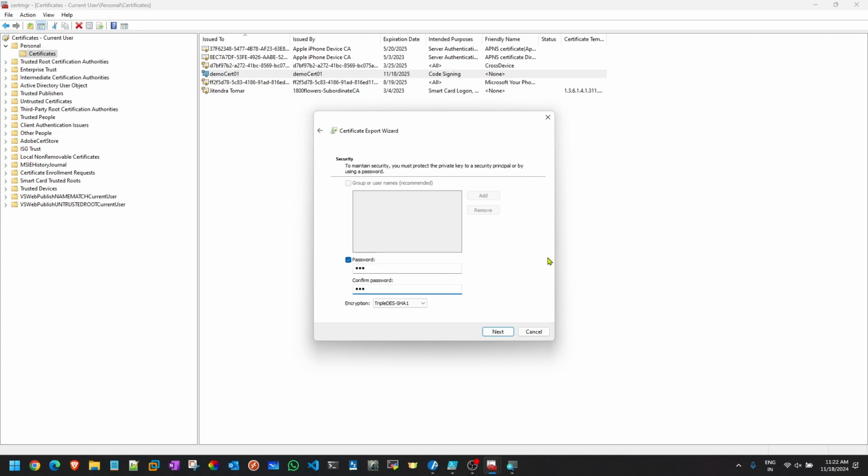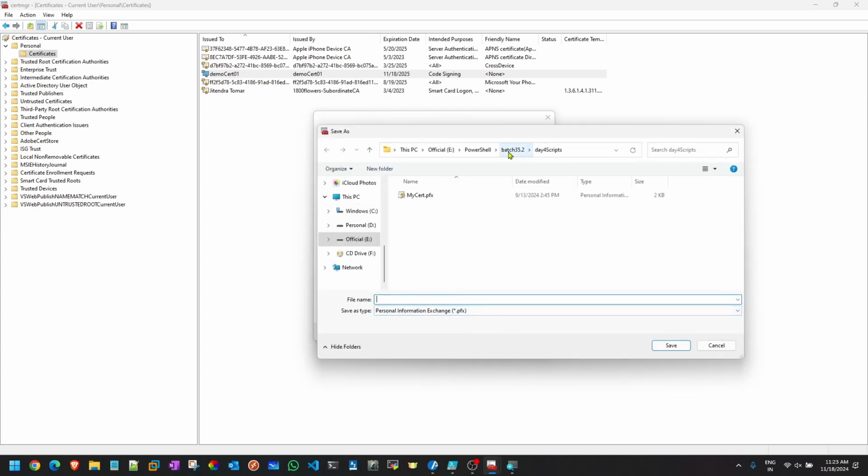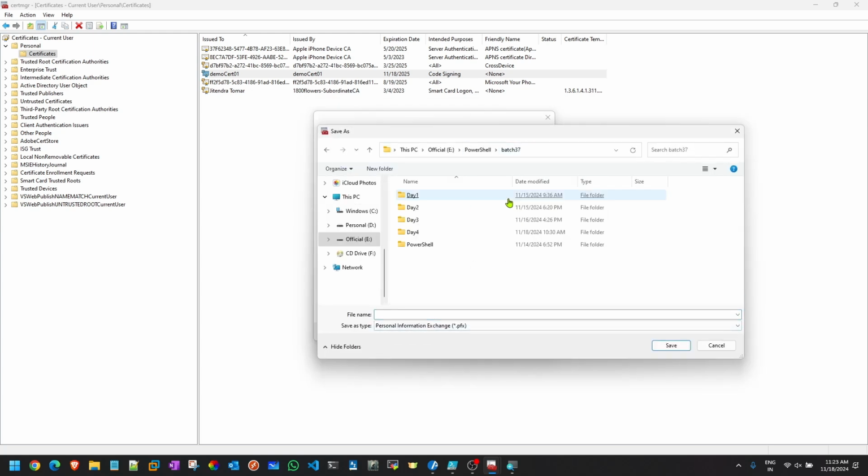Simply next. Now file to export. Where exactly do you want to export it? Export in the sense of where you want to save and store it. So I'll go to browse. Go to batch 37, today's day 4. And here I'll give the name. Any name can be given over here.